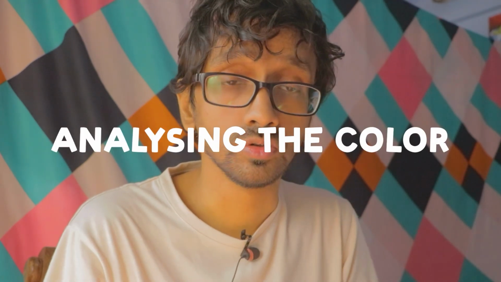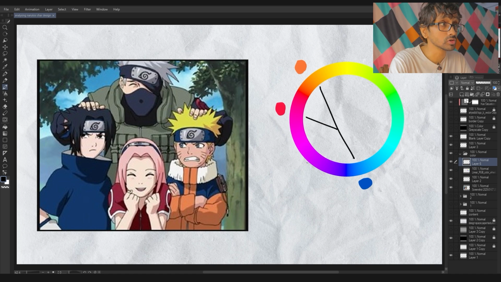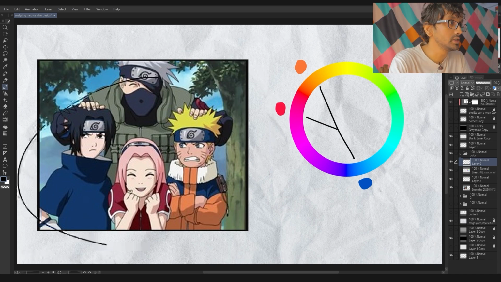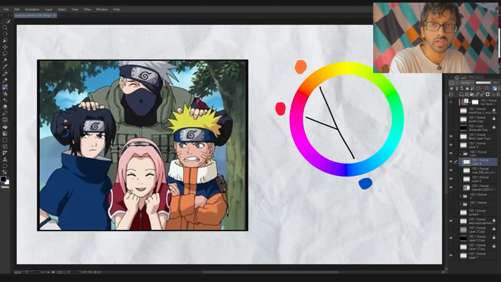These are all the shape decisions that you make in designing characters. So these shapes are what gives your character their meaning, their personality. Okay, now the shapes are not the only important thing. There is also meaning, a lot of meaning in color. So first and foremost, all of these characters, the team, the three main characters, Naruto, Sasuke and Sakura, have a